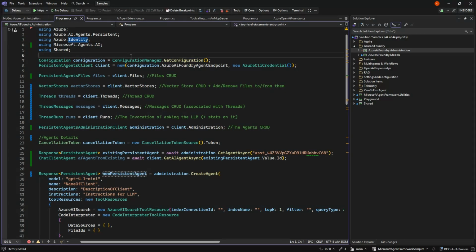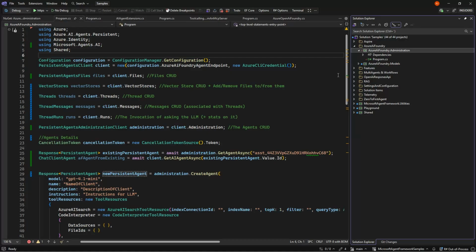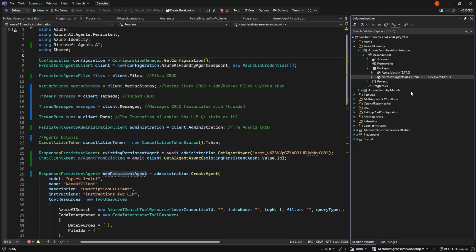So here in Business One, we have a sample called AI Foundry.administration. And the persistent agent client is actually nothing to do with the agent framework, but we can access it from the NuGet package called Microsoft Agents.ai.Azure AI.